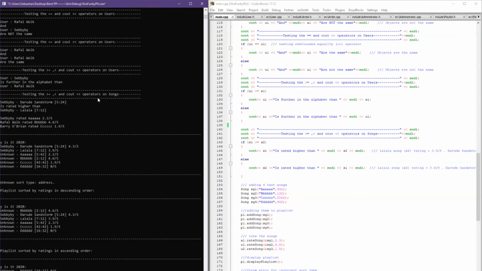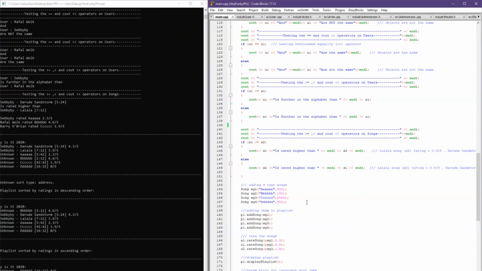Next, we test playlist sorting. Playlists can be sorted by different parameters. Two of them are the song names alphabetically, as well as by ratings. So if we create 4 new test song objects and then add them to a playlist, afterwards we rate them, and as you can see within that playlist, all of the ratings do show up, so it gets updated inside of the playlist, even though we rated them outside of it, just because the playlist actually contains pointers to the